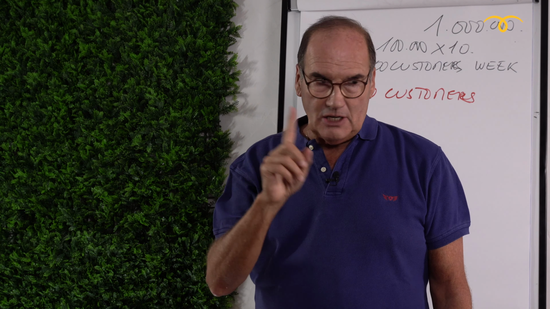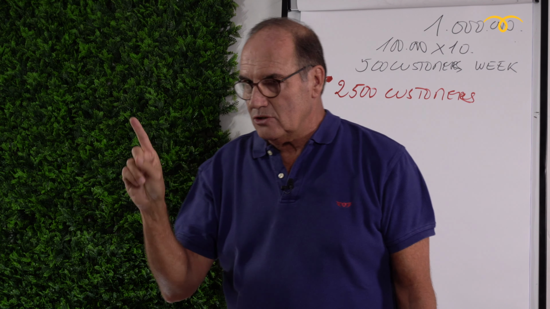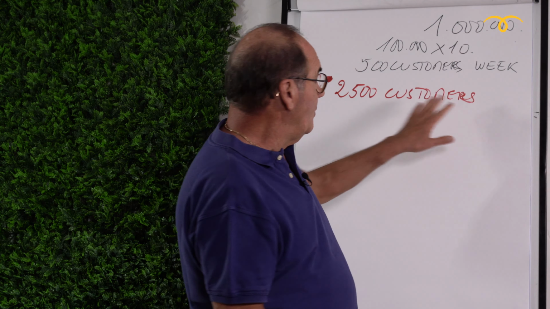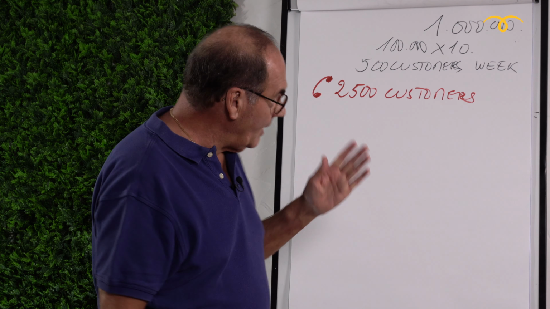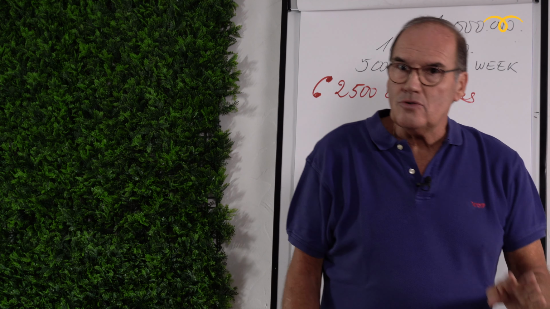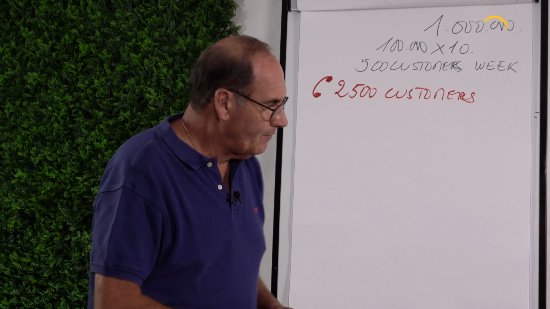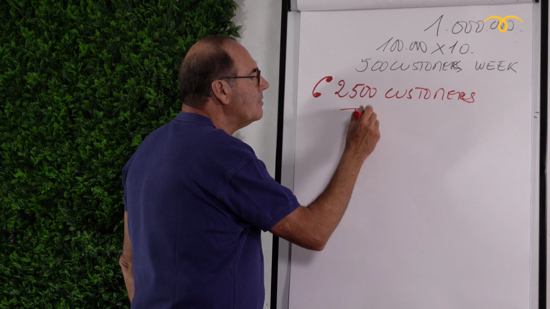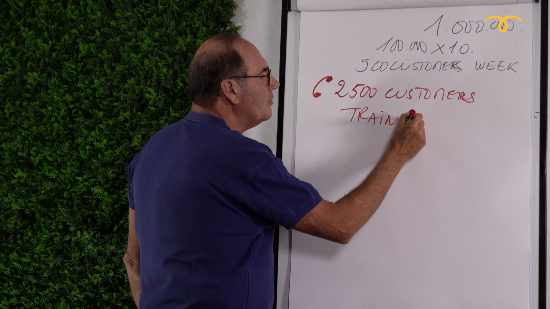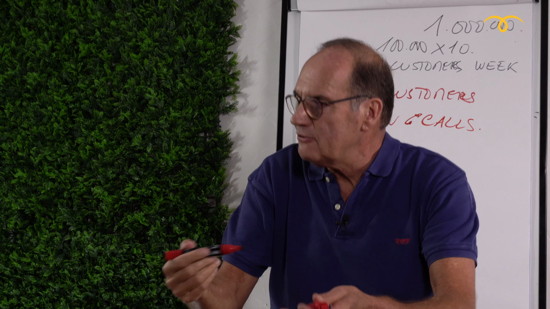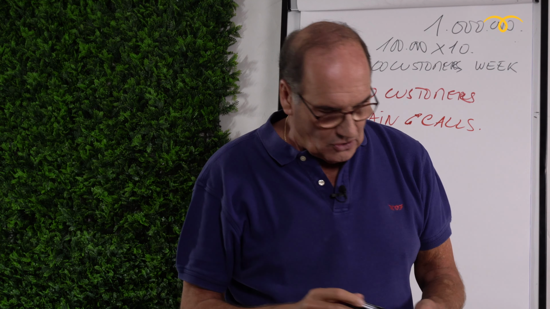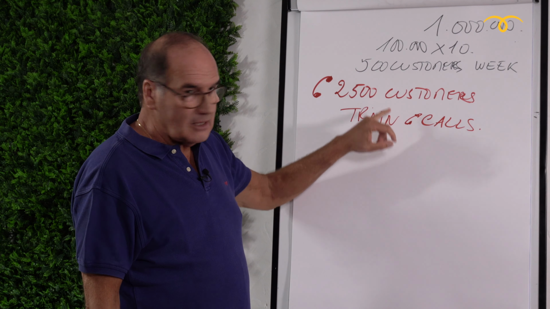We are at the first objective. Now, what are we going to do? So that objective maximizes the possibility of achieving one of these goals. For instance, the one of visiting 500 customers a week or a month or whatever. And Brian says, okay, Louis, what I'm going to do is I'm going to train our people in telephone calls. I'm going to teach them how to be more effective in sales calls, telephone sales calls. I'll say, okay, Brian, great. Second objective. We have one objective and a second objective.